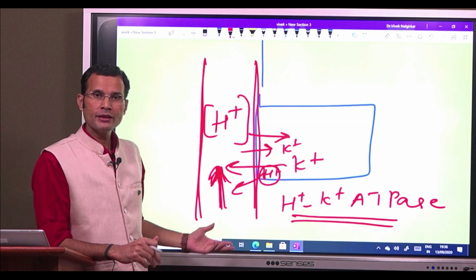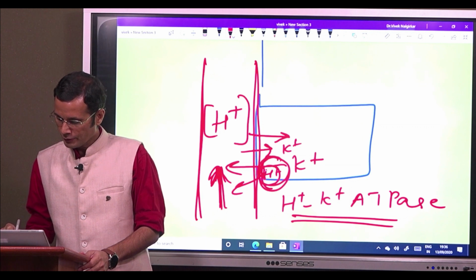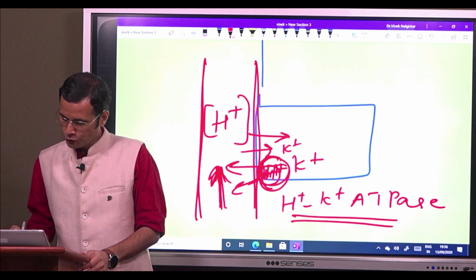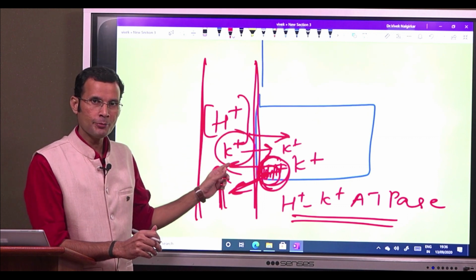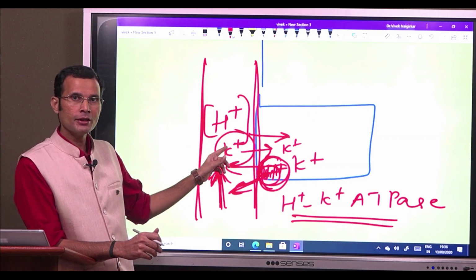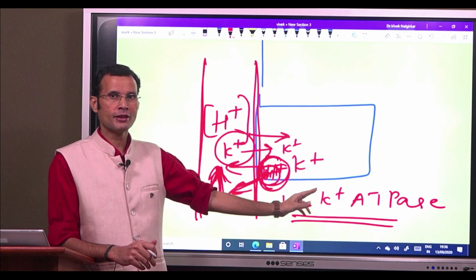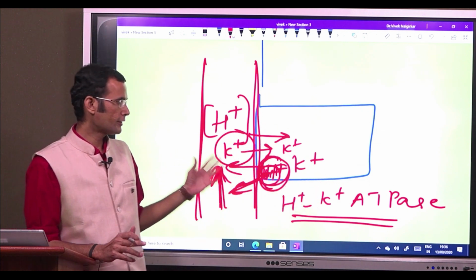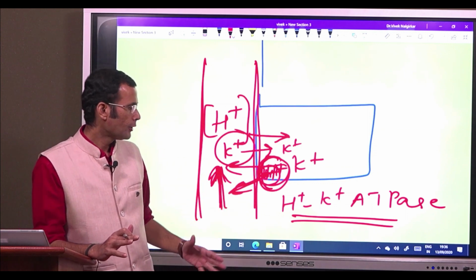So to neutralize it, H plus from inside the cell will come out, and the excess potassium in the plasma will be pushed into the cell. So we can make use of this property of H plus K plus being exchanged by the